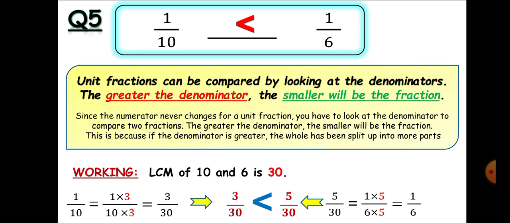Why is 1 over 10 smaller? Because it has the greater denominator. Okay,